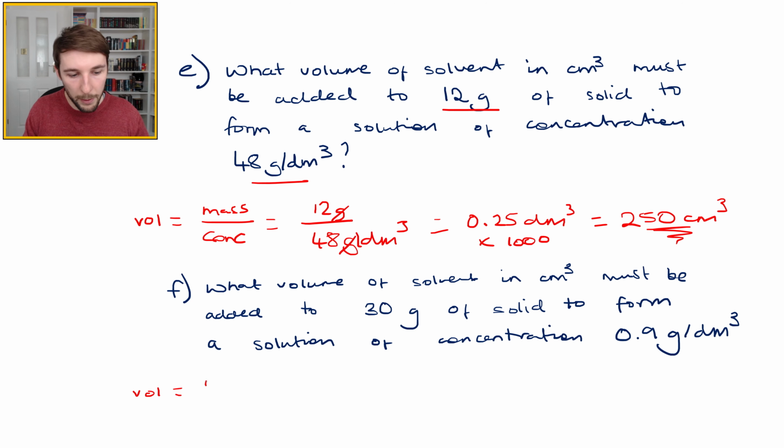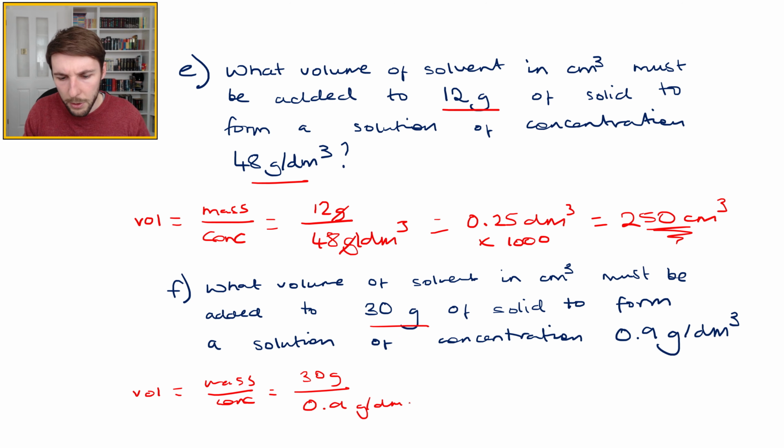All right, in the next one we're going to do the same thing. So we're going to work out that volume by doing the mass over the desired concentration. And we've got 30 grams of the solid here and we've got a concentration of 0.9. Now I think when I did that one, let's just check quickly. Let's make that look more like a 9. I got an answer, annoyingly, of 33, was it? Yeah,